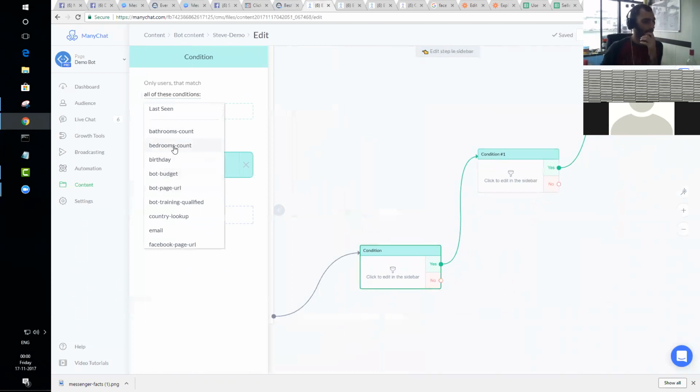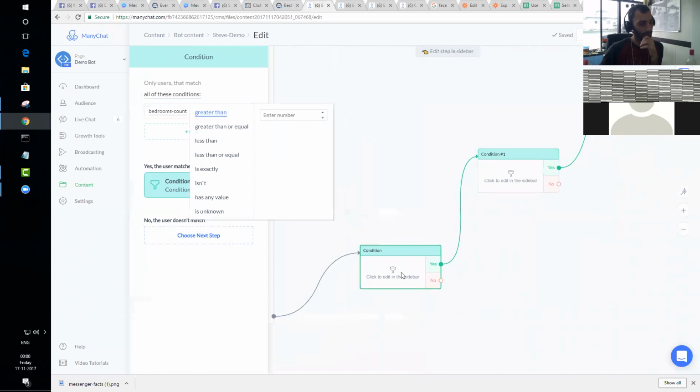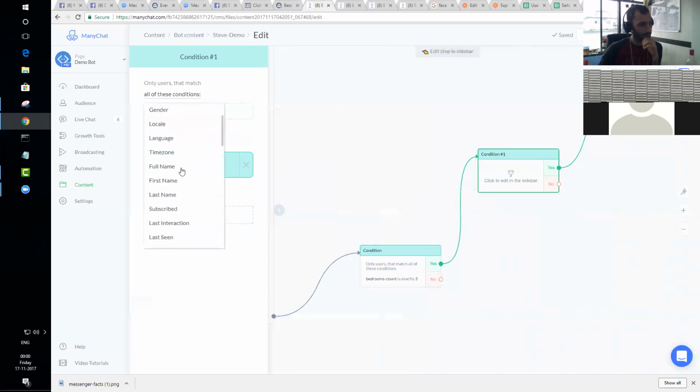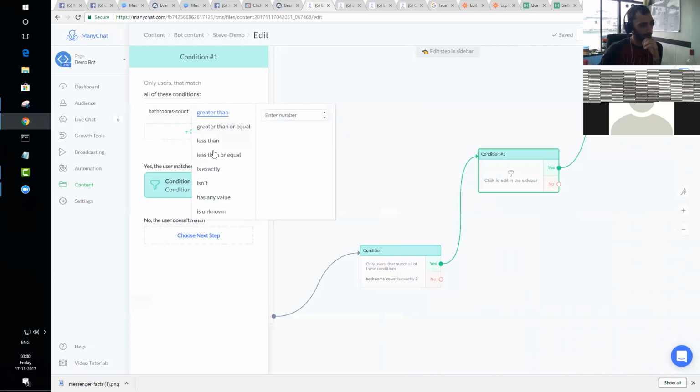Oh, yeah, no problem. If bedrooms count is exactly 3, so if bedrooms count is exactly 3, and if bathrooms count is exactly 2,